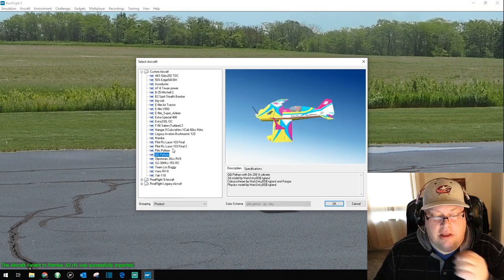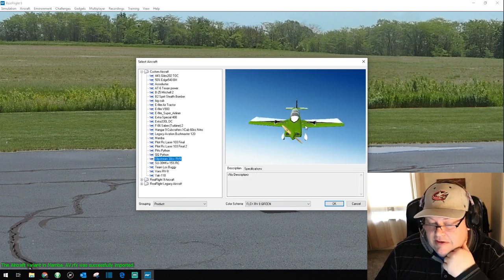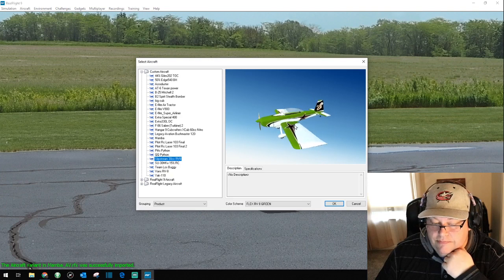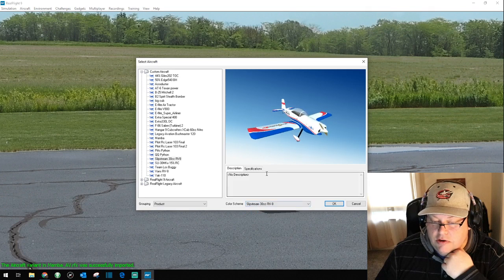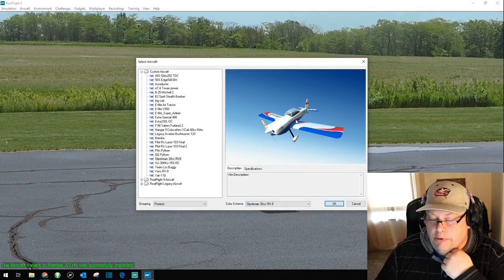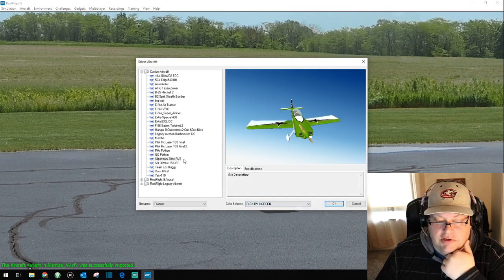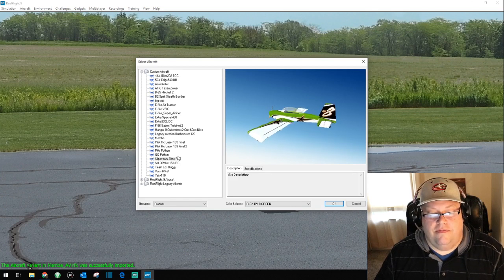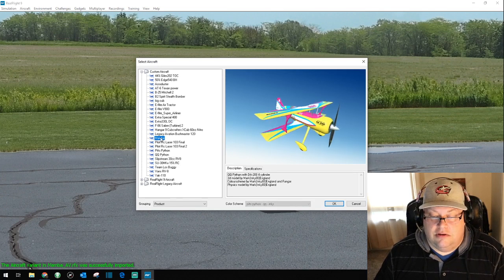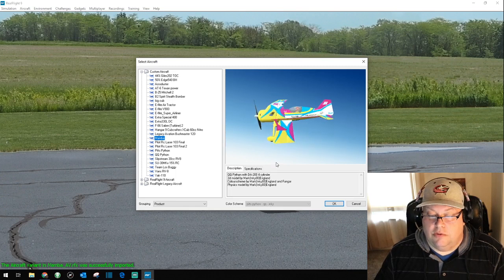Should be right here. So I just did this with the RV8. This is the Flex Innovations RV8, and for this one you got to download the slipstream first. This is the airplane, but then it adds a different color when I do the color scheme. But I guess I didn't do a color scheme. I did a variant. So not sure why it shows up in all these weird colors, but